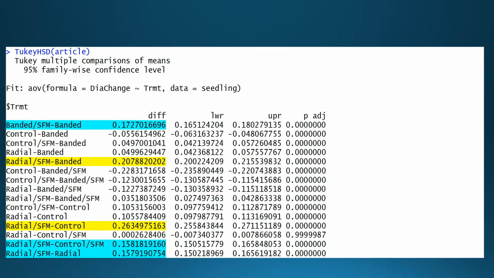Now basically you see the ones in blue now that are comparing the banded, which was a single herbicide, to an SFM banded, which was the 2 herbicides, and you see that it had a little greater growth just with the banded. And then on the bottom, the radials plus the SFMs were larger than just SFM and the radial alone. So what we can surmise from that, now you see there's some negative values in there too, but basically